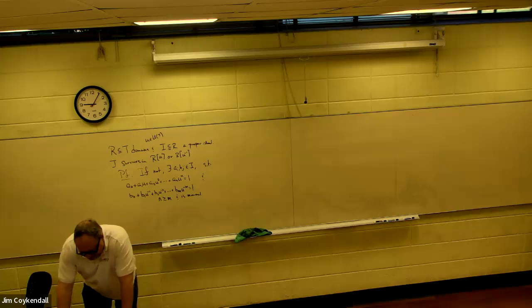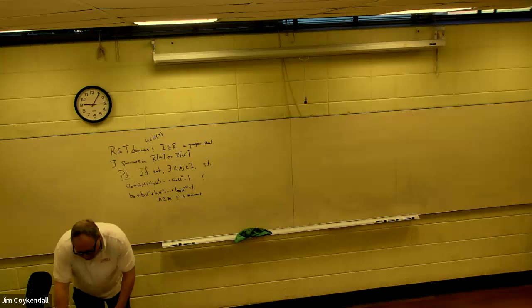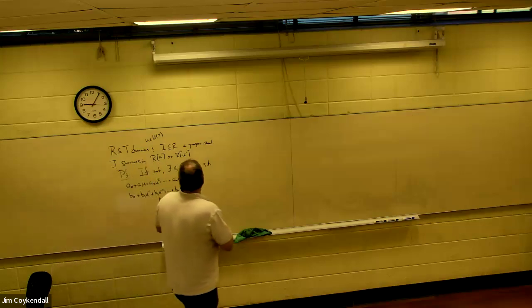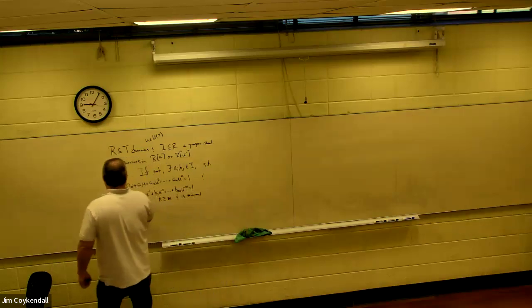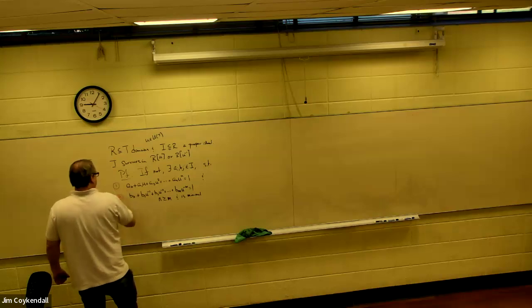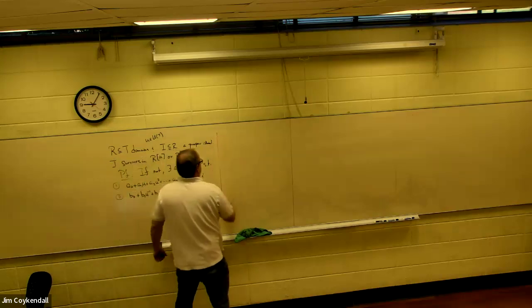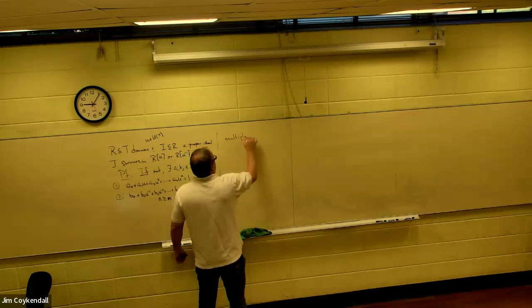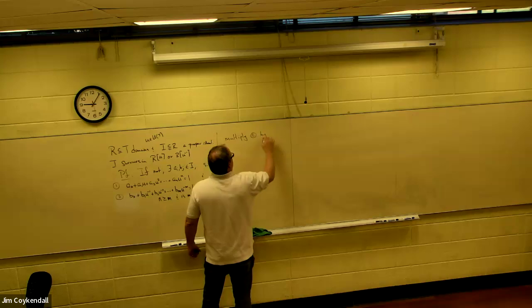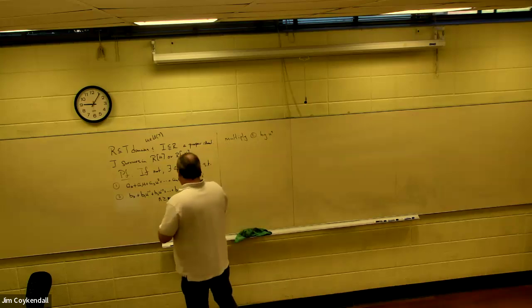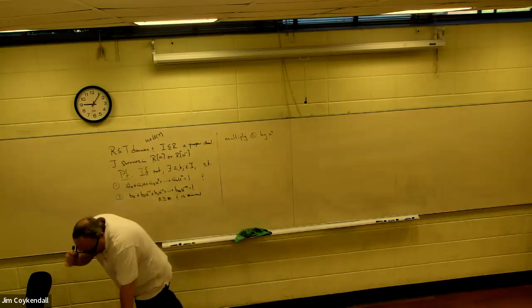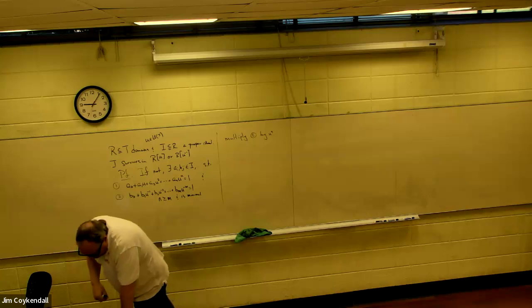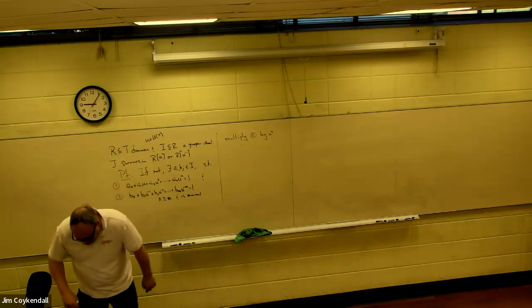So I always have to look down to make sure that I'm multiplying by the right thing. But what I'm going to do is multiply the second equation by U to the N